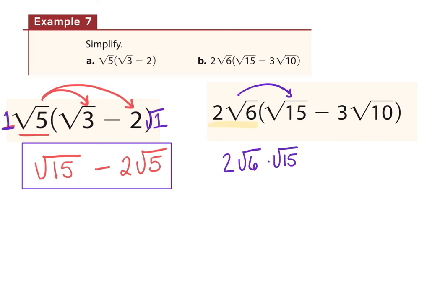Everybody see that? Minus. And I'm going to distribute this across to this. 2 square root of 6 times 3 square root of 10. Now, if I were distributing a negative, we'd have to talk about positive negatives, but we'll worry